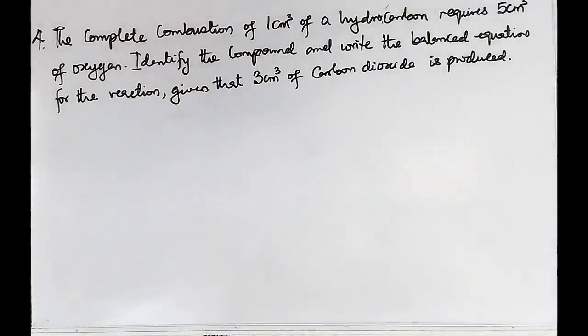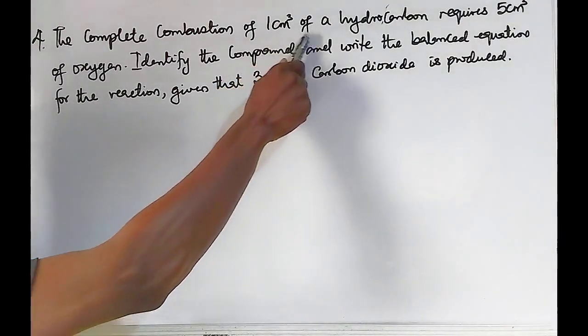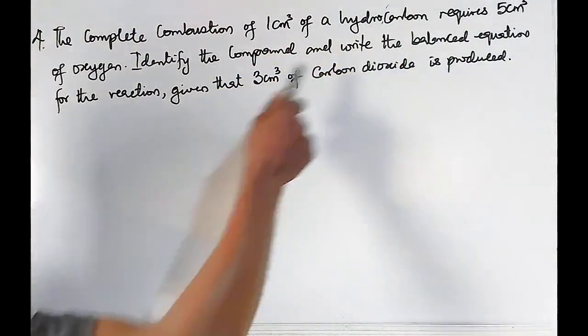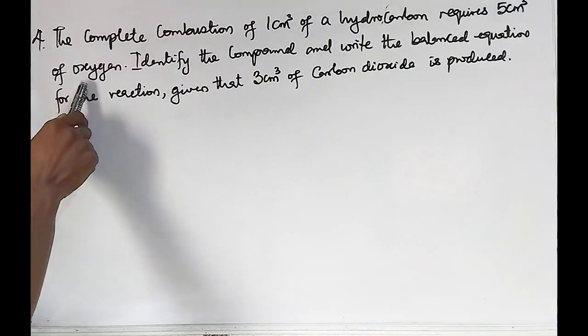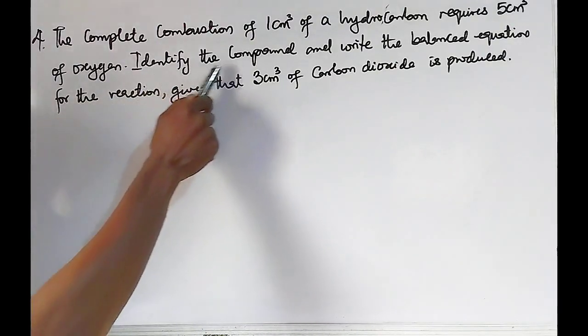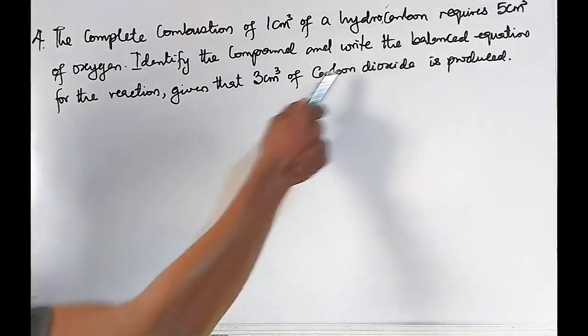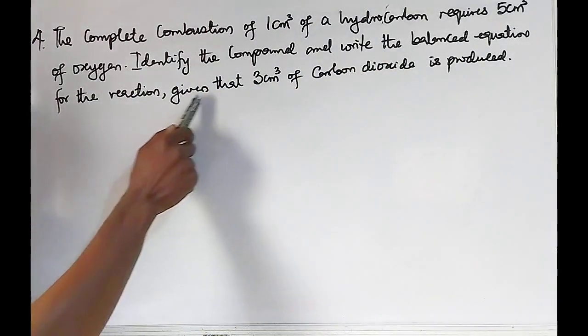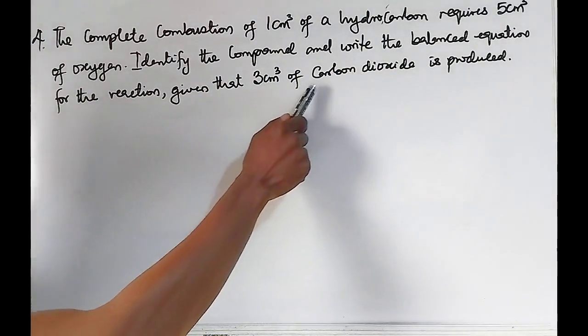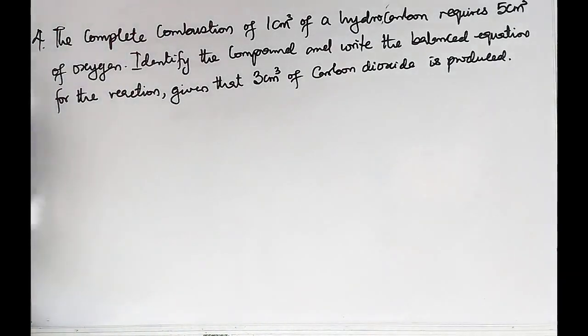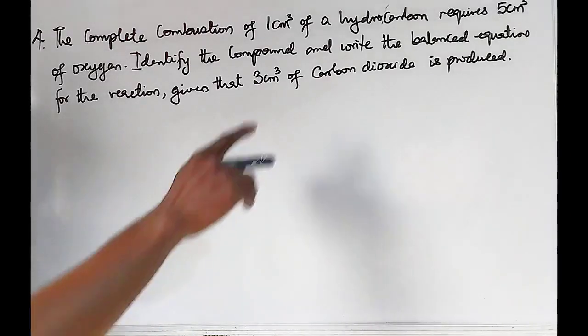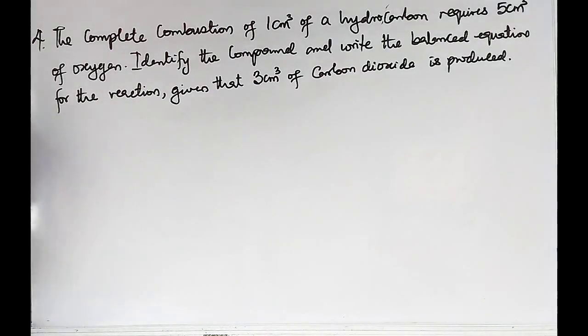Now question 4 says that the complete combustion of 1 cm³ of hydrocarbon requires 5 cm³ of oxygen. Identify the compound and write the balanced equation for the reaction, given that 3 cm³ of carbon dioxide is produced. First of all, we will need to recall the general formula for the combustion of hydrocarbon, which is given as